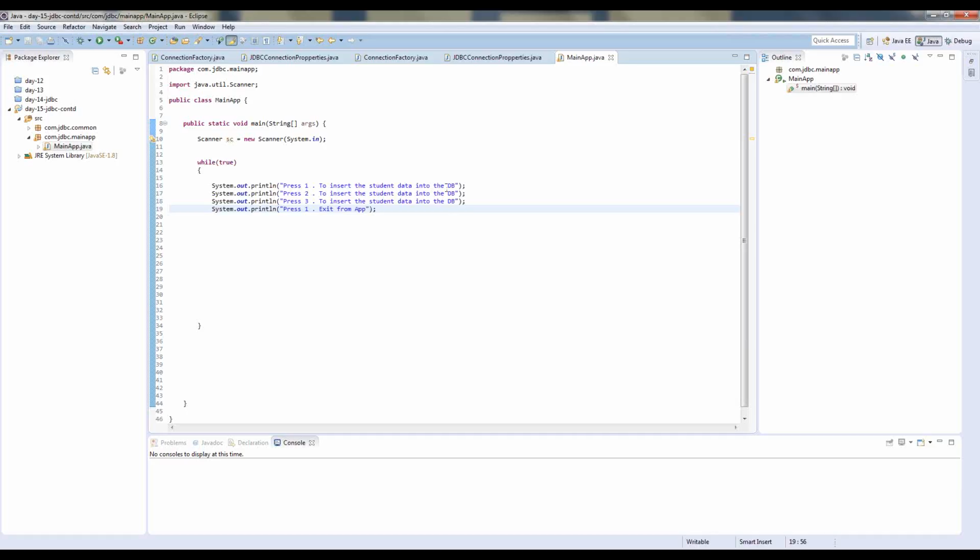Okay, so press 1 to insert the data into the DB, press 2 to delete a record from the DB,